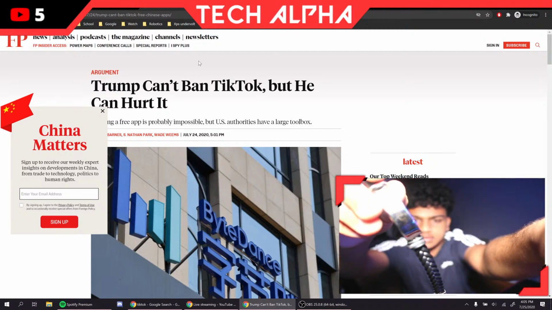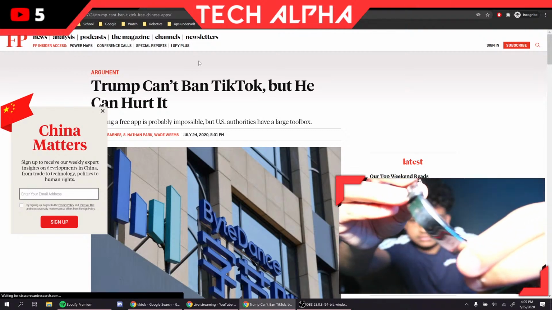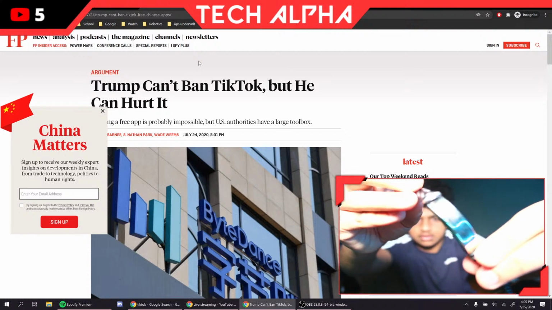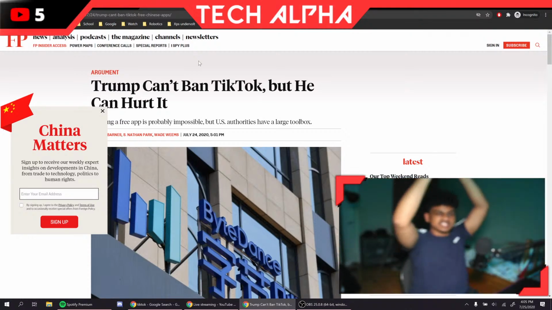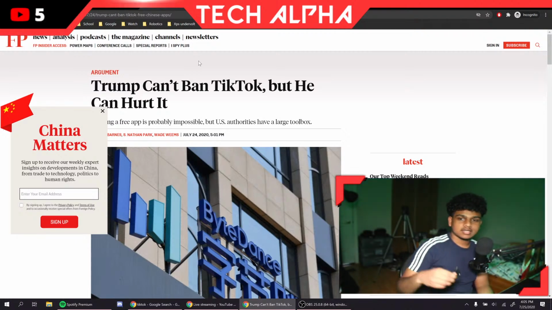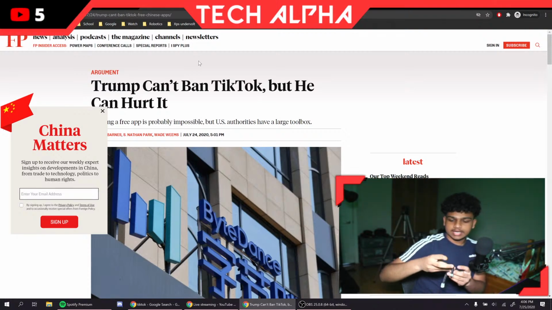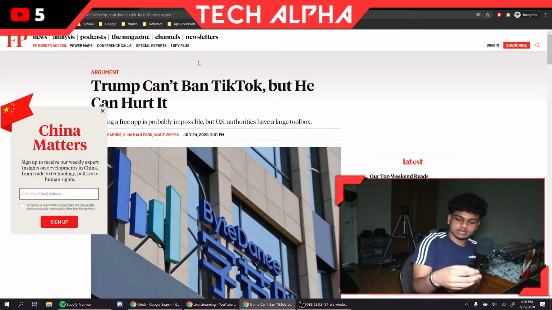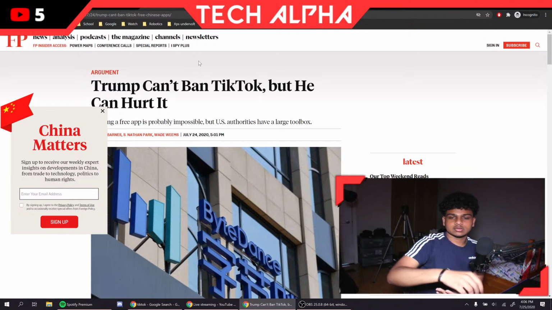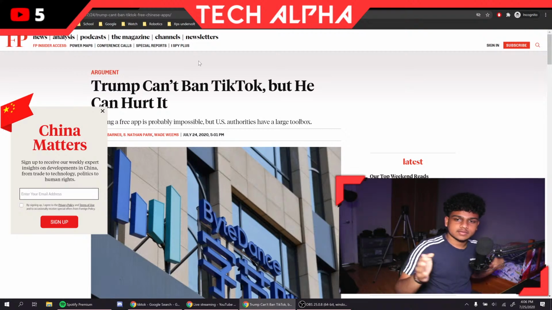You can't see it. I tried. But basically it says Tech Alpha on here. So it's a little bracelet, and it says the words Tech Alpha on it. It's pretty cool, like $5 on AliExpress. I just went on AliExpress, picked it up. It's nice jewelry.